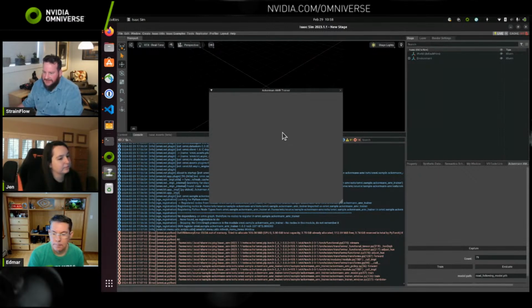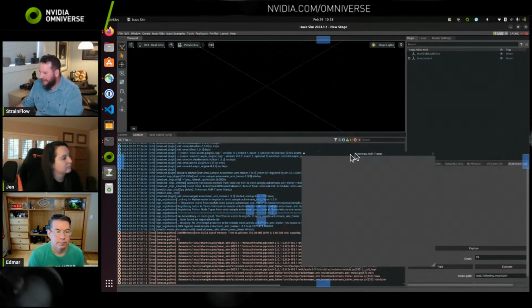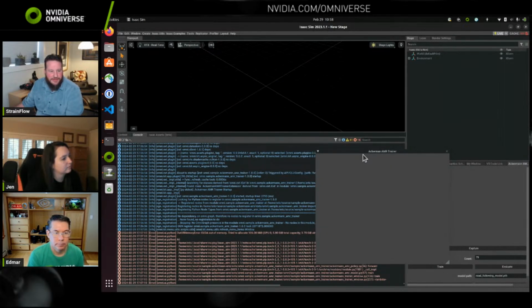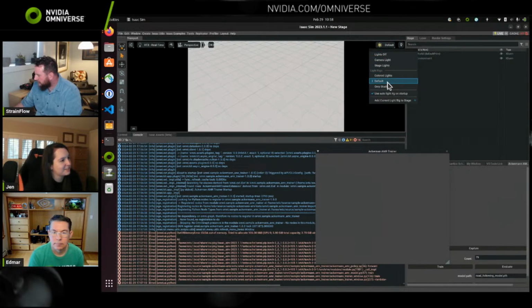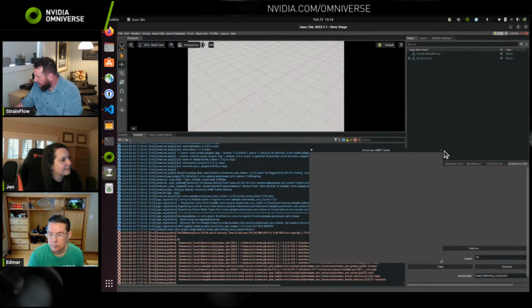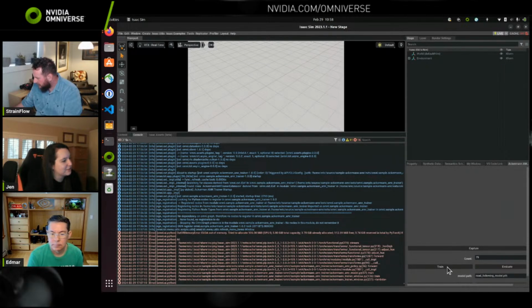Well, Zia is saying maybe we need a more minimal test environment. I don't have a scene open right now. I just have blank Omniverse open. But even that takes maybe 3 gigs of VRAM. I wonder if you change stage lights to default lights, if that would lower the RAM usage? Yeah, I'm just curious. Sure. Why not, right? Let's try. Can you visualize your RAM right now?